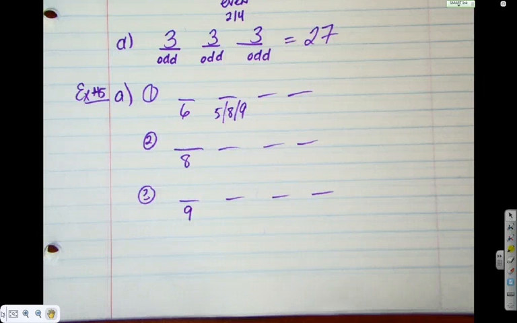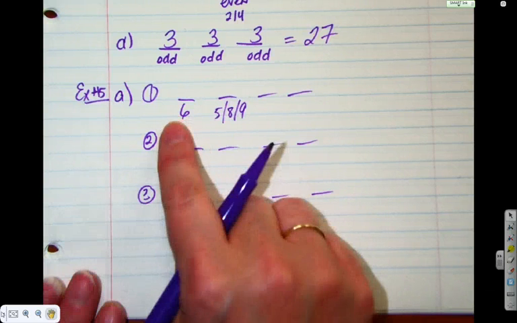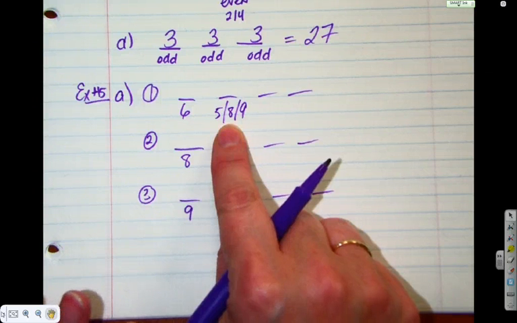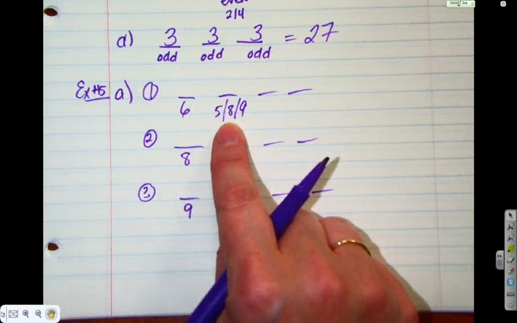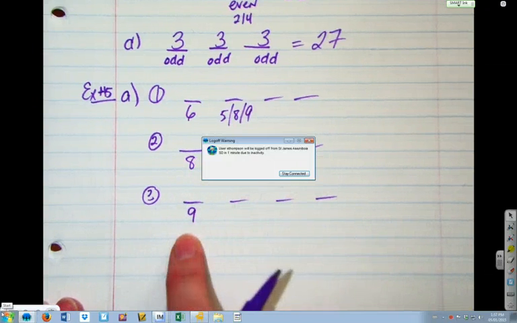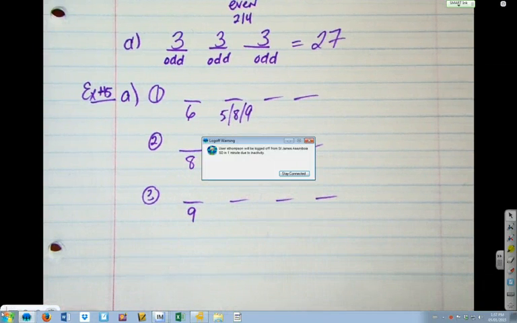I'm just going to repeat that. Can't start with a 2, because that won't be greater than 6,500. Can't start with a 3, can't start with a 5. The first one we can start with is a 6. Only choices here are the 5, 6, 8, because we can't repeat the 6. We can't use the 2 or 3 and be greater than 6,500. Second case, I can start with an 8, it's not going to matter. Third case, I can start with a 9, it's not going to matter. So let's go fill this in.